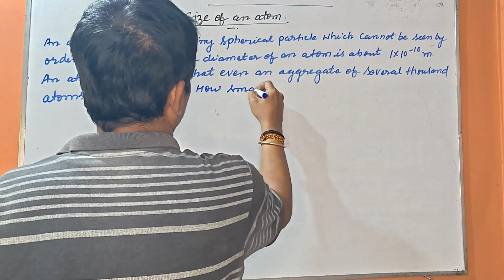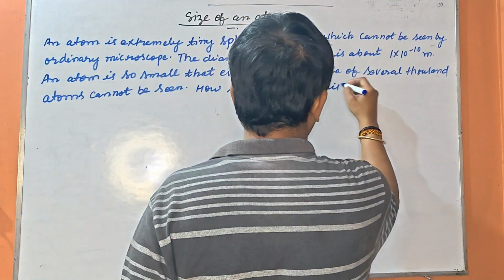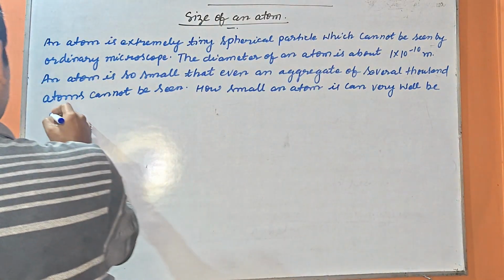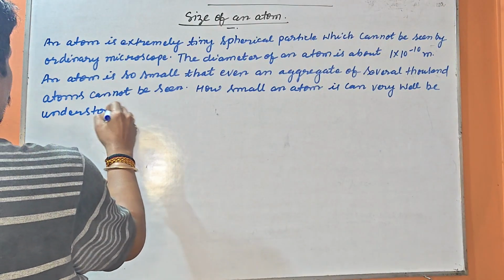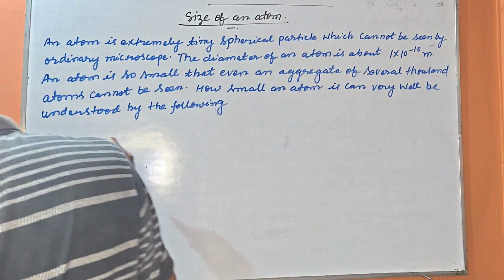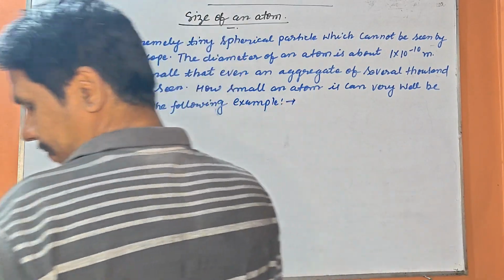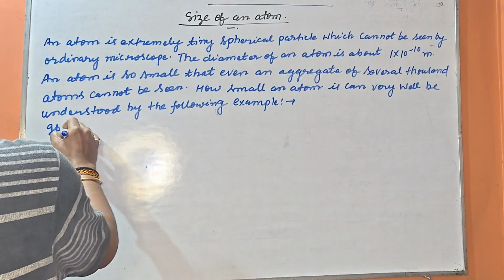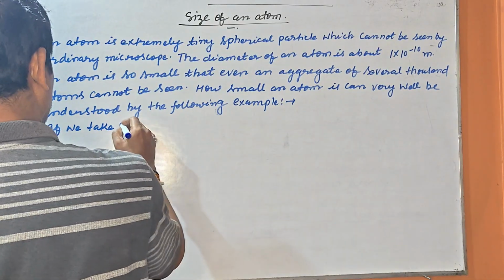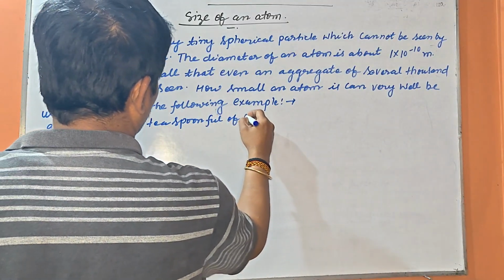How small an atom is can very well be understood by the following example. If we take 1 teaspoonful of salt